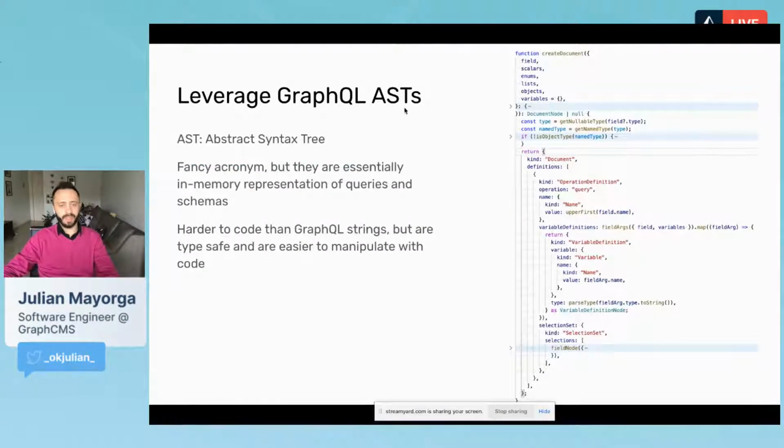Having said that about types and in memory, you should leverage GraphQL ASTs for the body of your functions. You might be tempted to just create strings, which is good for simple cases. Like you could use string interpolation to create a GraphQL query, but you will see that that doesn't scale over time. So it's great to know the API of GraphQL.js and know what's an operation definition, a document, a variable definition, and that's how it represents GraphQL queries internally. So feel free to check out the docs, which are really amazing.